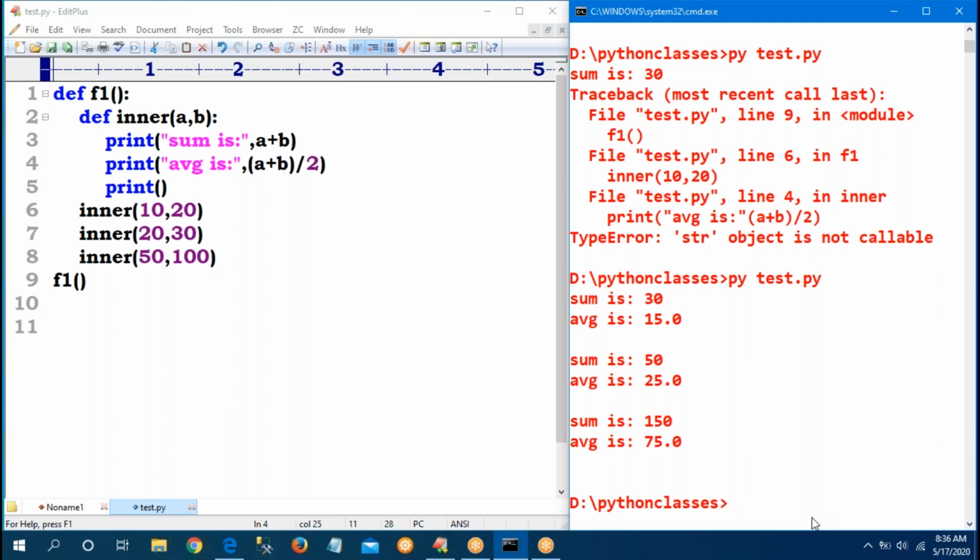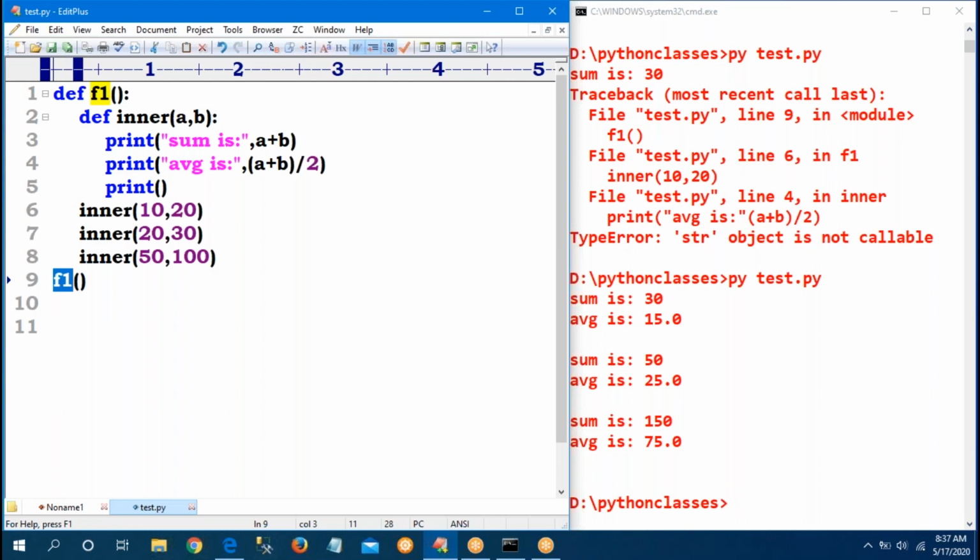So that is called nested functions, a function inside a function. No chance. Inner functions are never possible to call outside the definition. Only inside the function definition is it possible. You can call the outer function directly.